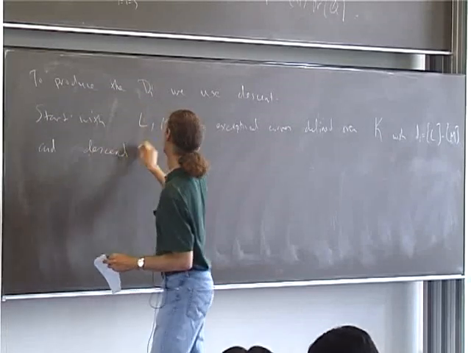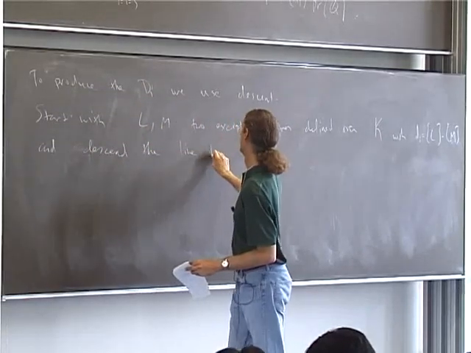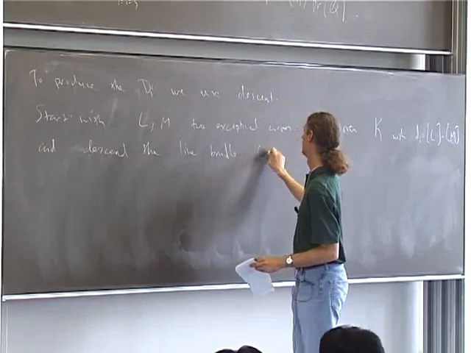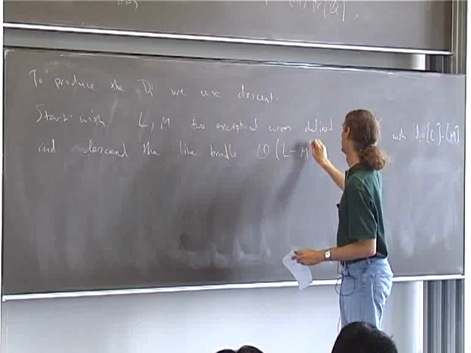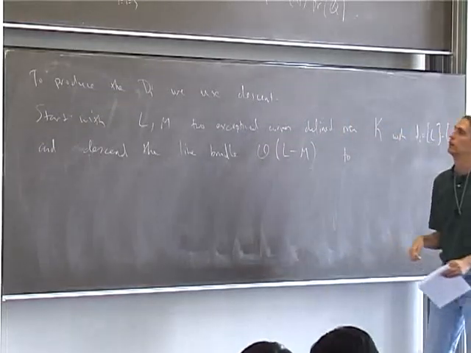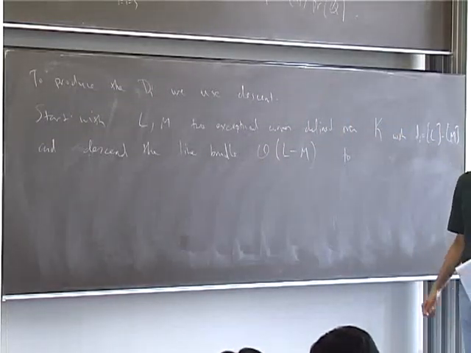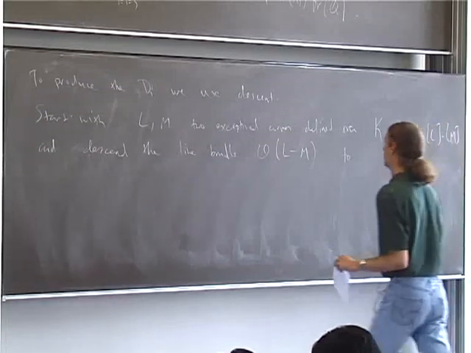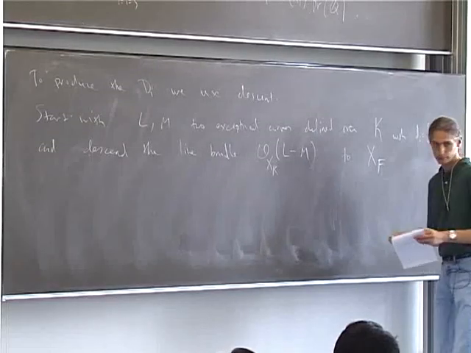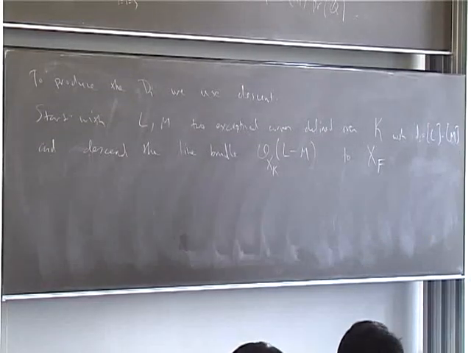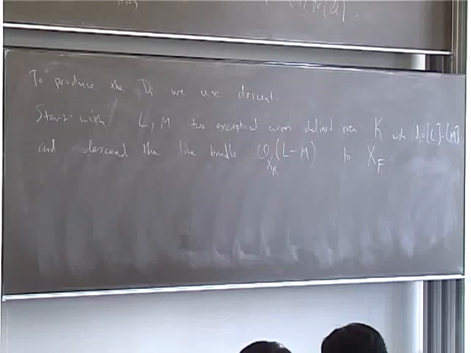descend line bundle O to F. So this is O F. And then once you have the line bundle of the correct class in the Picard group, then you take